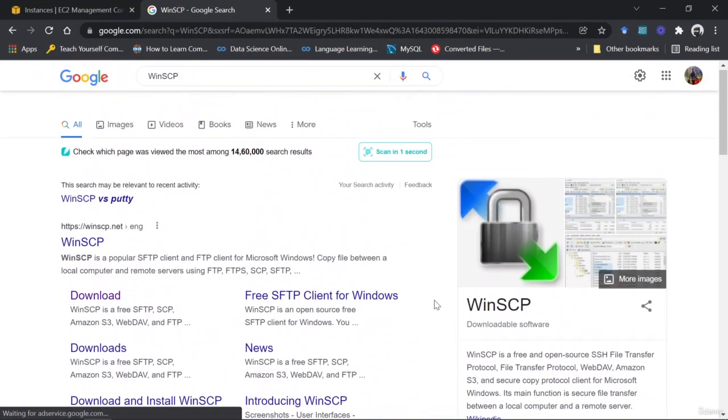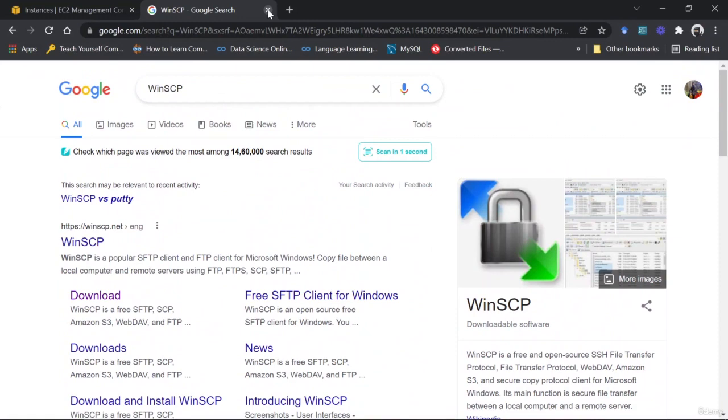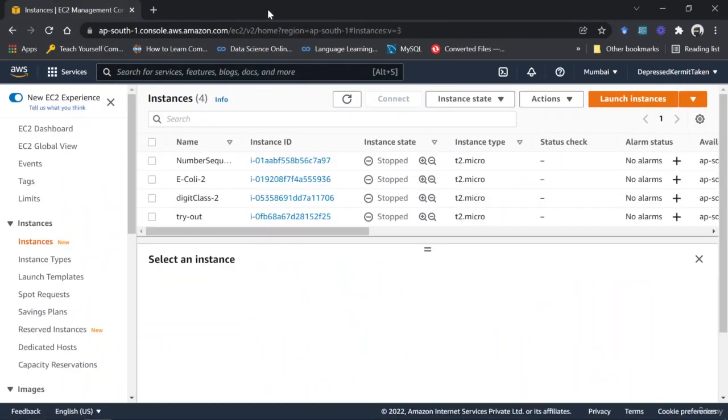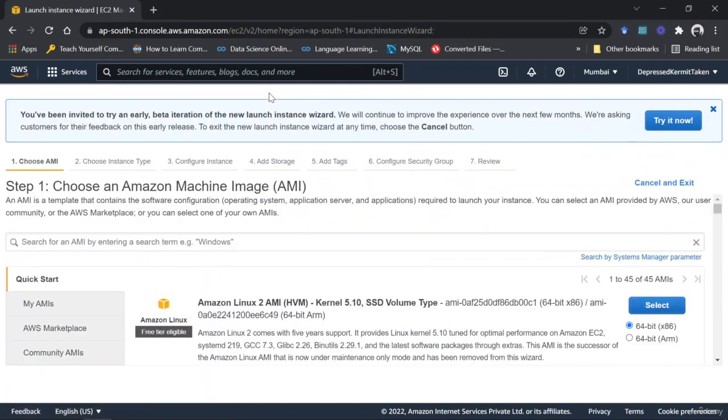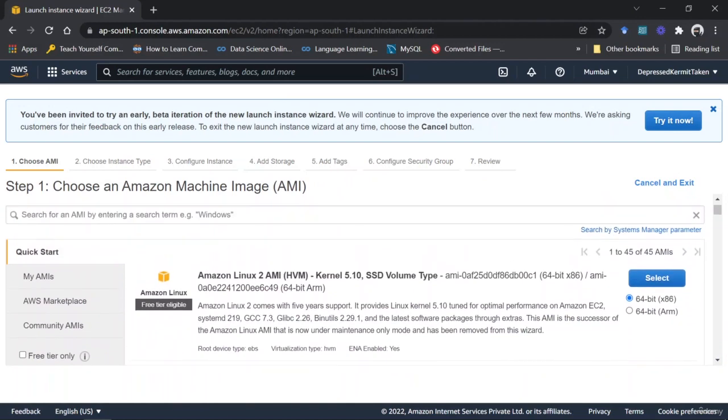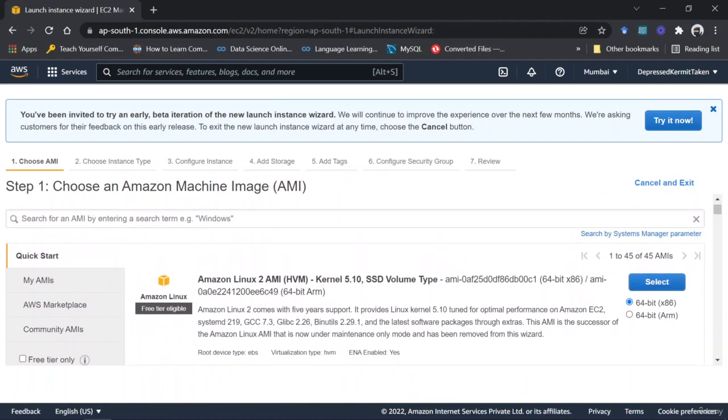Now once you get all of the softwares, then come back to your AWS console, click on launch instance inside your EC2, right? So now here you can see there are some of the steps to launch your instance, right? You can see that the first step is to choose an Amazon machine image. And about this, I just talked that this is